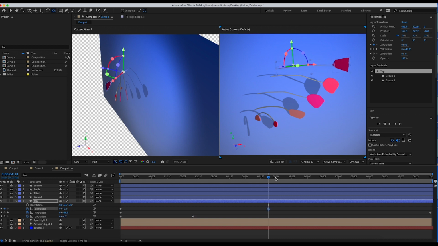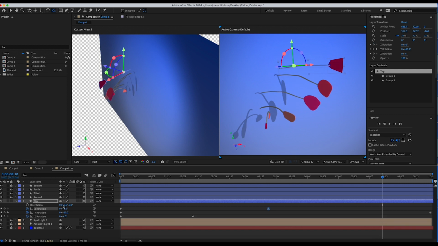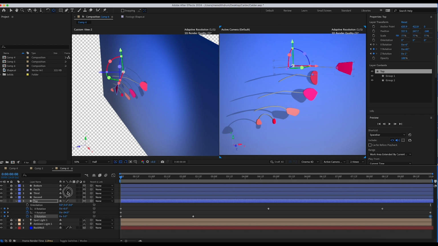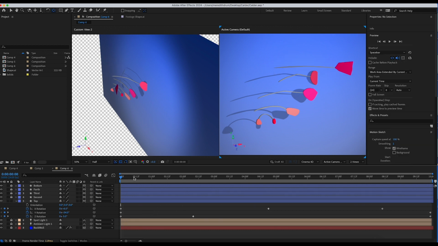So again, the big rotation is in Y, but I'm just having it kind of go up and down a bit in different spots in time. And oops, I don't want it to do that much. Something like that. Okay, so this one has a different feel. It feels a little strange there though. So what if we don't have it quite so, actually maybe it goes back even further.